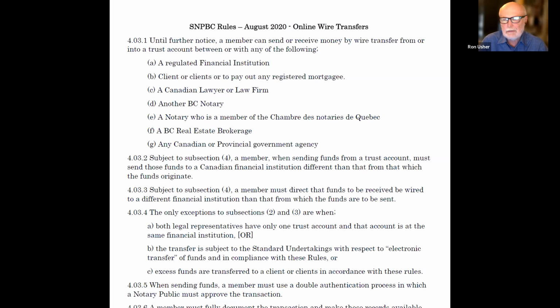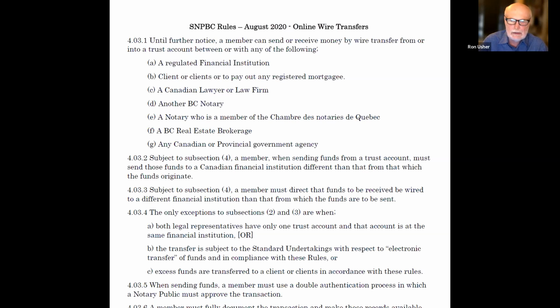Well, I'm going to take a bit of a highlight at the rule and what it's intended to enable you to do. And I think the first section is critical, and it just says, well, who can you do this with? We've got our A through G list, a regulated financial institution. So note that this is not Bob's Never Registered Private Mortgage Co. If you can't find the person, if they're a bank or credit union or a mortgage lender that's listed on the BCFSA site, they are not what we would call a regulated financial institution.